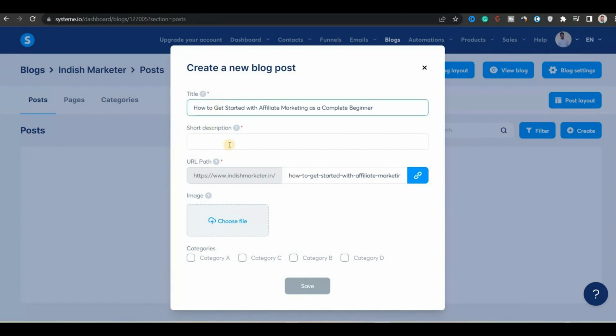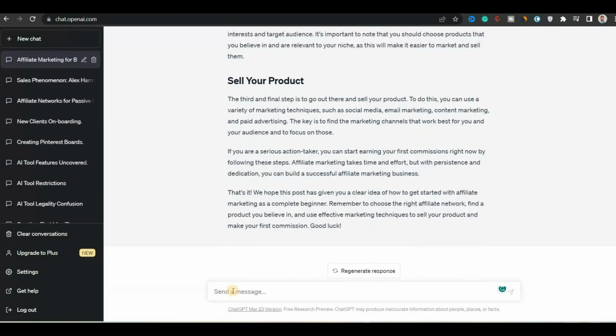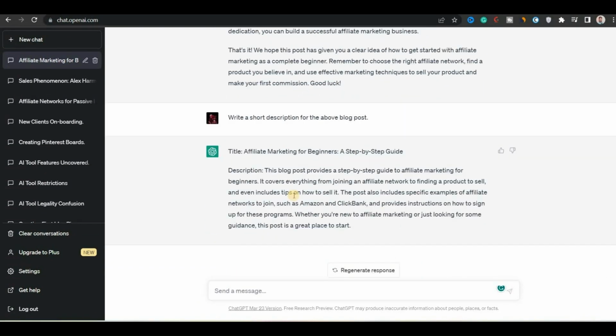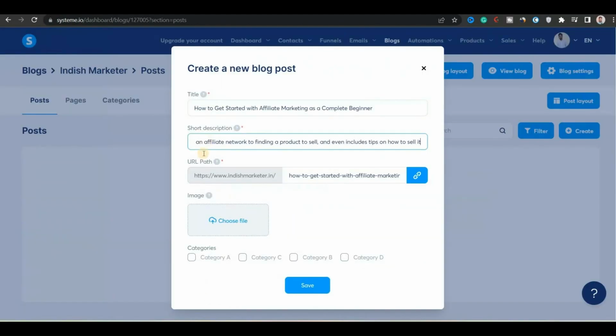in the title field. Then I will write a short description for the post. To write a description, I will go back to ChatGPT and enter a prompt to generate a description for the blog post. Once the description is generated, I will copy it and paste it into the system.io blog post description